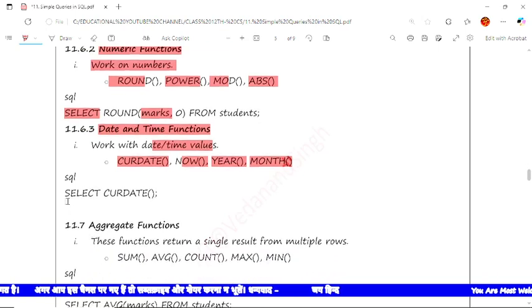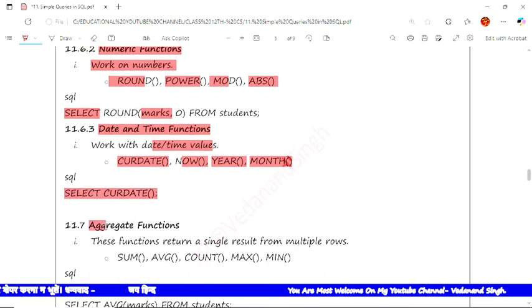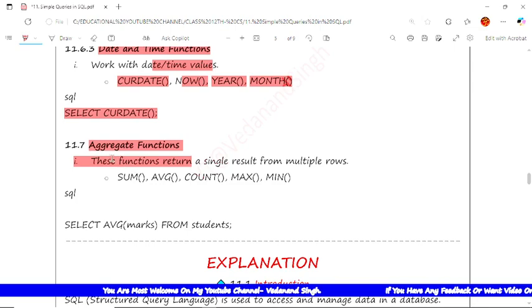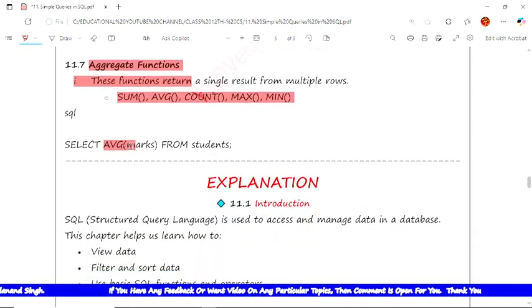Select current date simply shows the result. Now aggregate functions: here we'll discuss the complete comparison of sum, average, count, min, and max. Select average marks from the student gives the average marks of the students.